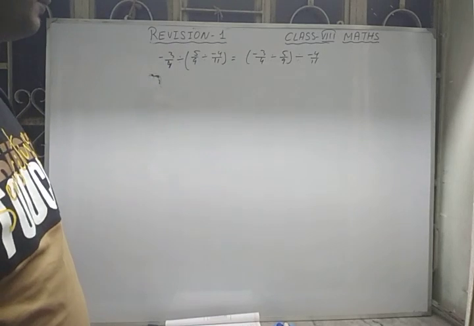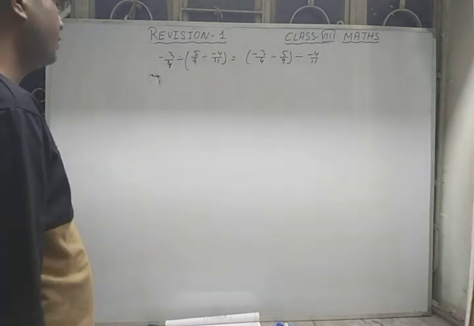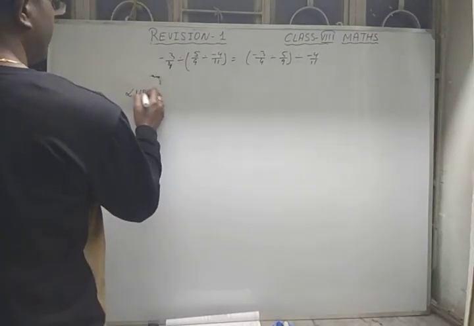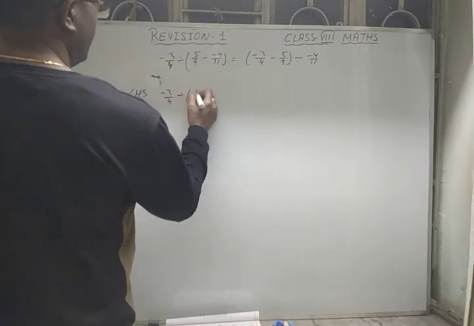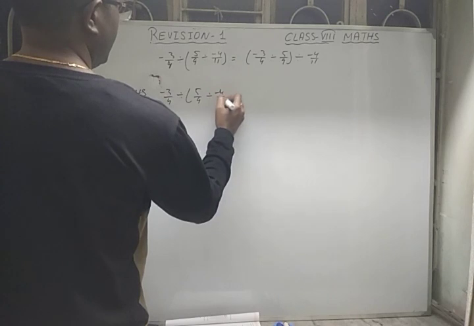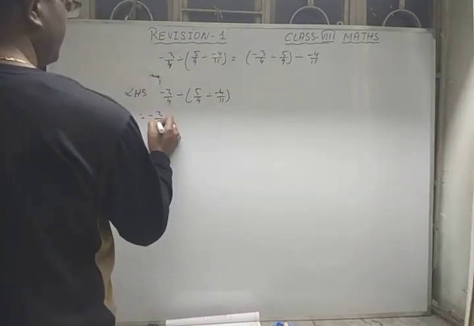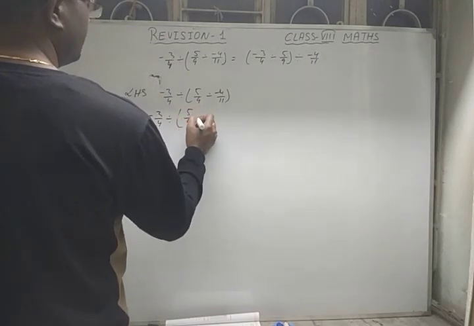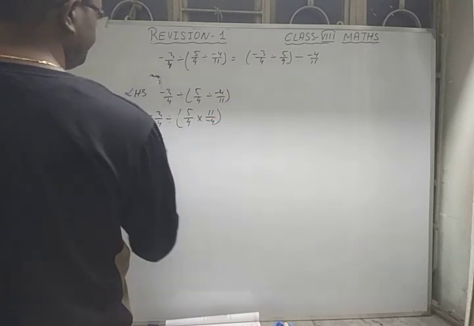So this is the proof of the associative property of division of fractions or rational numbers. First of all, we will do the left hand side. LHS, you always write LHS. So minus 3 by 4 divided by 5 by 9 divided by minus 4 by 11. Close the bracket and we will do the first bracket: minus 3 by 4 divided by minus 5 by 4 into 11 by minus 4.